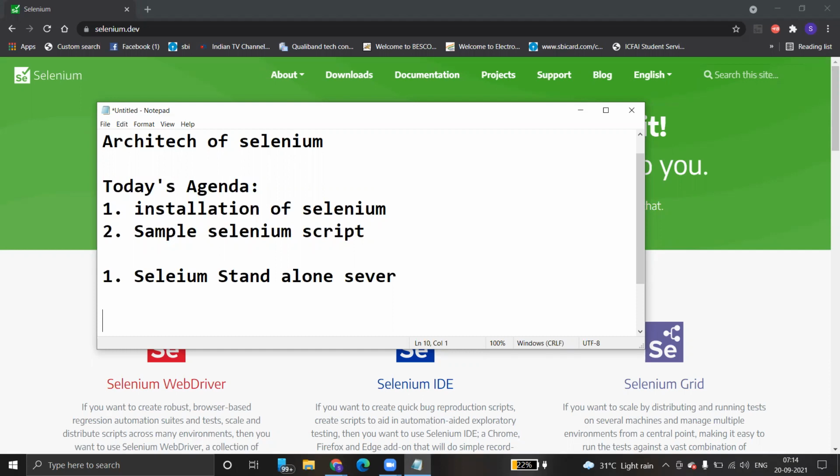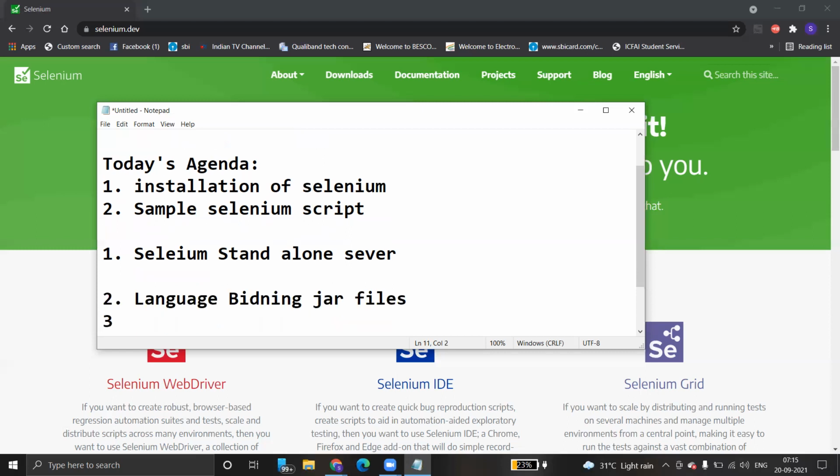Then we need language binding jar files. Why? As you know, Selenium supports multiple programming languages in test script development, so we need to download the required language specific jar files.